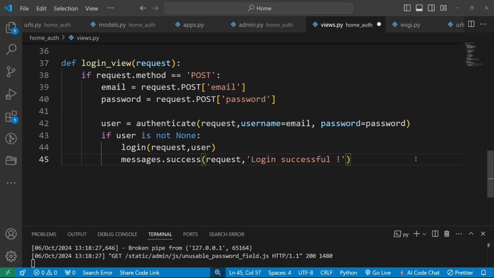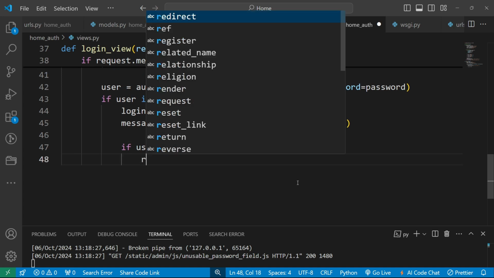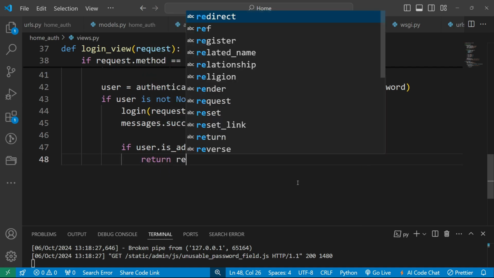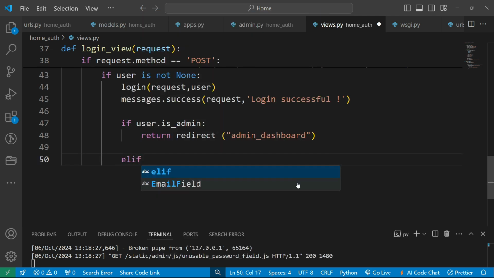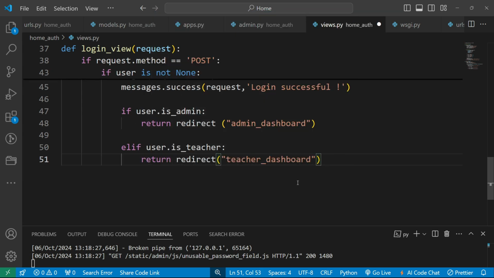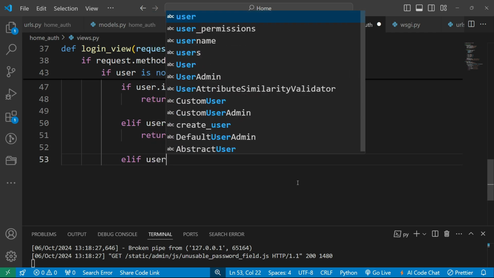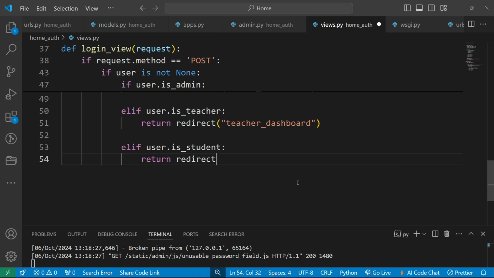successful. Okay, now again we also need to define the condition here. If user is admin, then it should redirect to the admin dashboard. In a similar way, if the user is teacher, then it should redirect to the teacher dashboard. In a similar way, if the user is student, then it must redirect to the dashboard of the student. Okay, so let me save it,